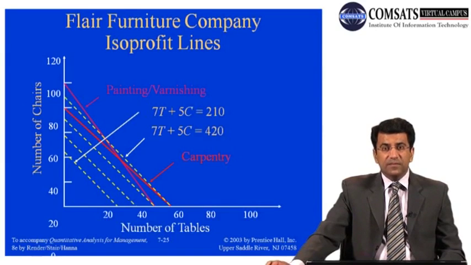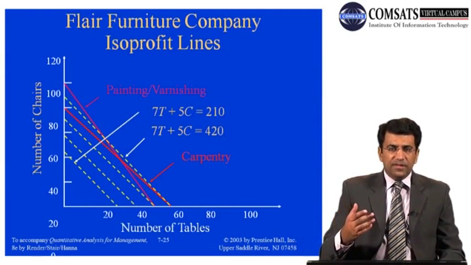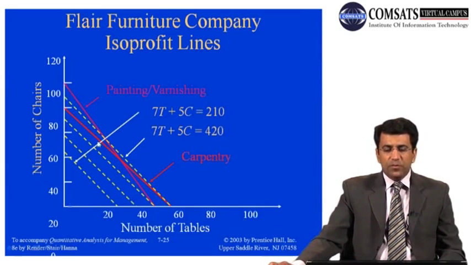Okay class, in the very first example we talked about the iso-profit line. Now let's again remind ourselves of that concept. We will put a hypothetical value for our profit, which is 210 in this particular case. If we take our total profit equal to 210, then this will be the profit line. Now how will we get this profit line? Again, by putting t equal to 0, we will get the value of c. By putting c equal to 0, we will get the value of t. And by plotting these two points, we will have this profit line.